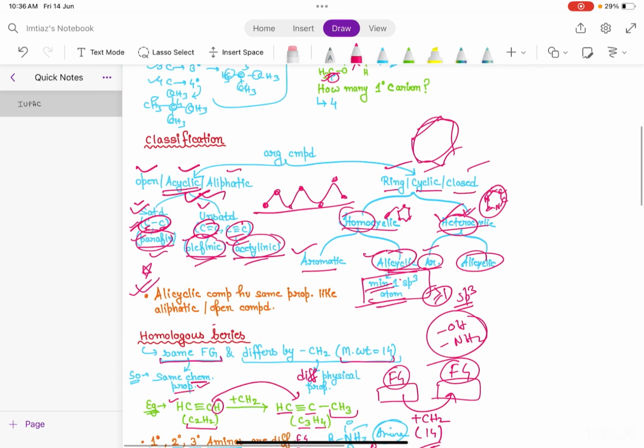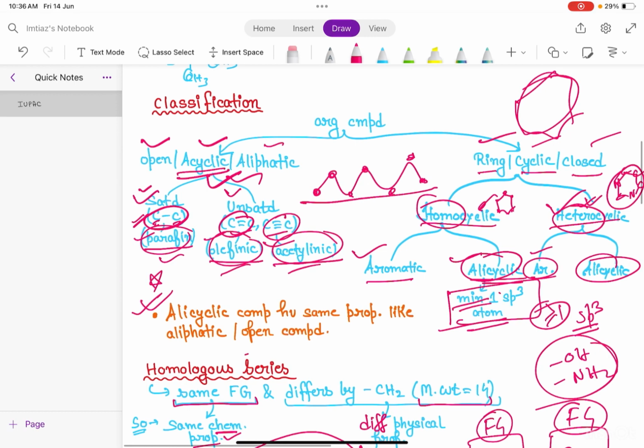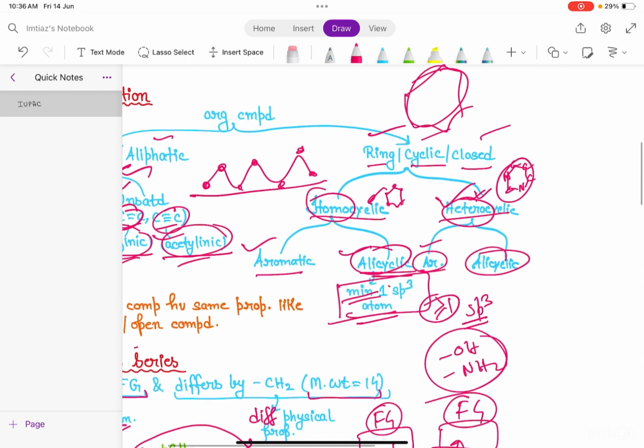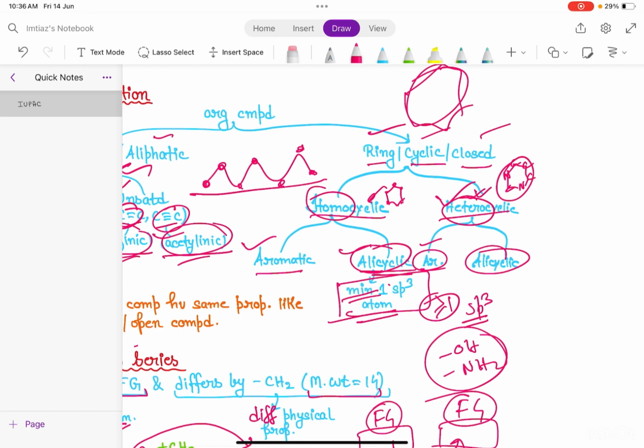Next we deal with the classification. Organic compounds are divided into two parts, open and ring. In open chain, carbon-carbon single bond is saturated; carbon-carbon double bond and triple bond are unsaturated. Carbon-carbon single bond is paraffin, double bond is olefinic, and triple bond is acetylenic. If we talk about the ring, we have two parts: homocyclic, where all the atoms of the ring are the same, and heterocyclic, where different atoms are present in the ring. Each of them is divided into aromatic and alicyclic. Aromatic we will deal with in GOC. Alicyclic means